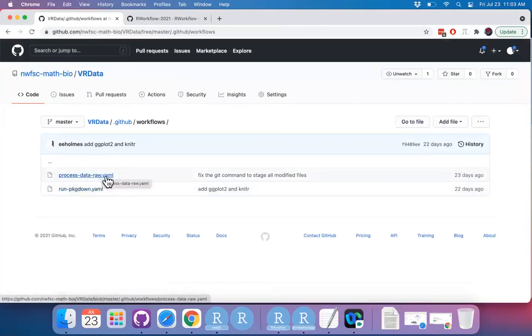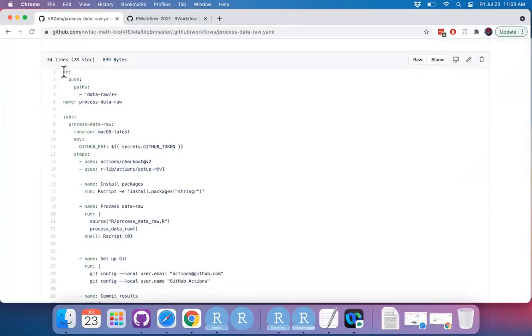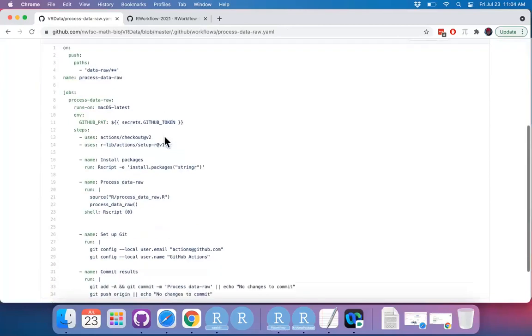Rather, I have one set up so that when the teammates push to data raw, those are these raw CSV files, it's going to process those. It's going to process all these headers and create all the documentation files. So this is a custom one that I wrote,